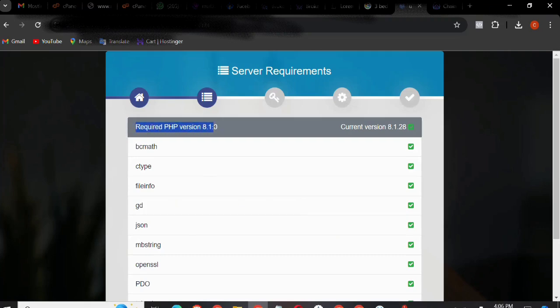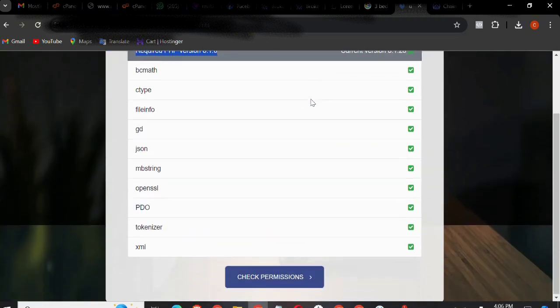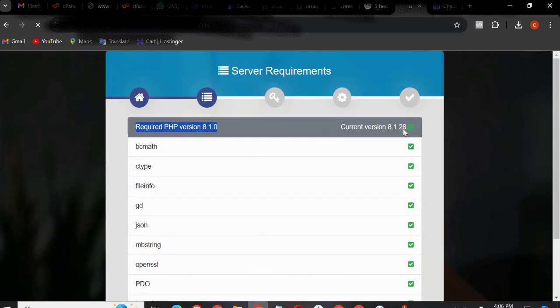This is why I recommended my host, because the host I'm going to recommend for you is a very strong and compatible host with a lot of websites out there. So it says your server needs to have this requirement for you to install this. So I'm going to click on check permissions also. So everything you see that is here is checked good. If there are hostings that you will use, everything will not be checked good. Now this PHP version is